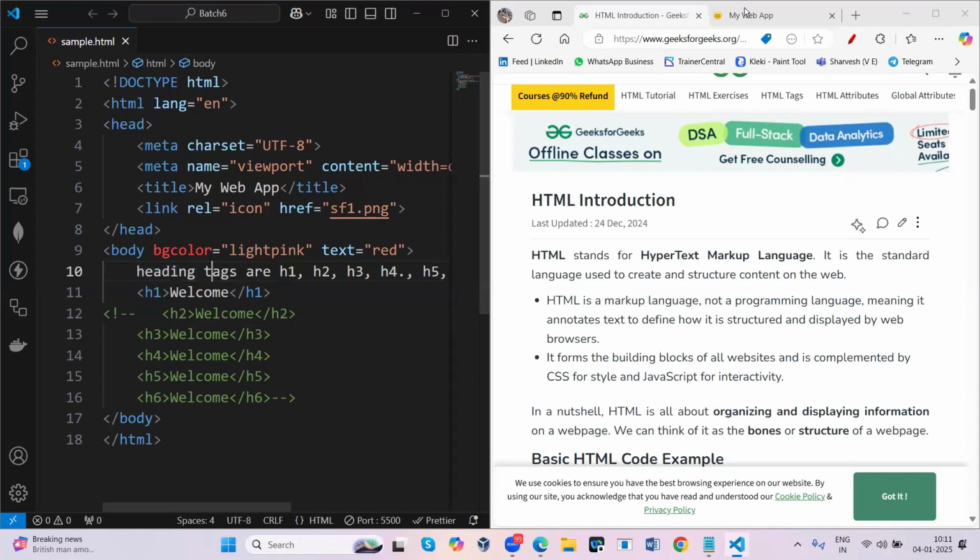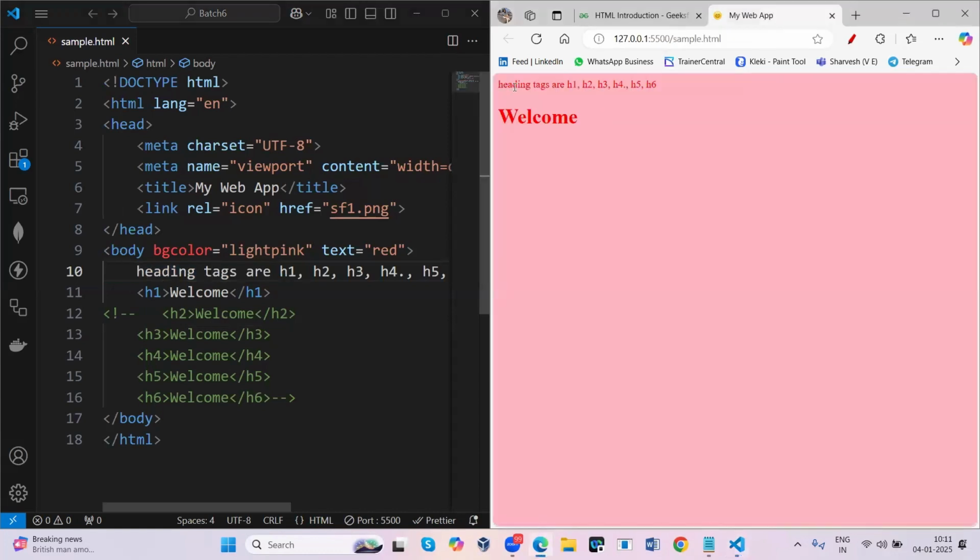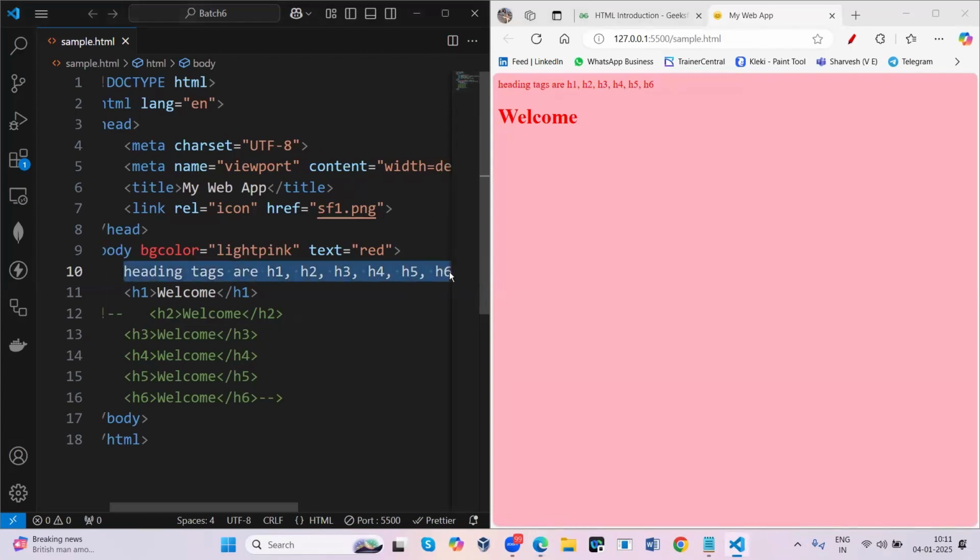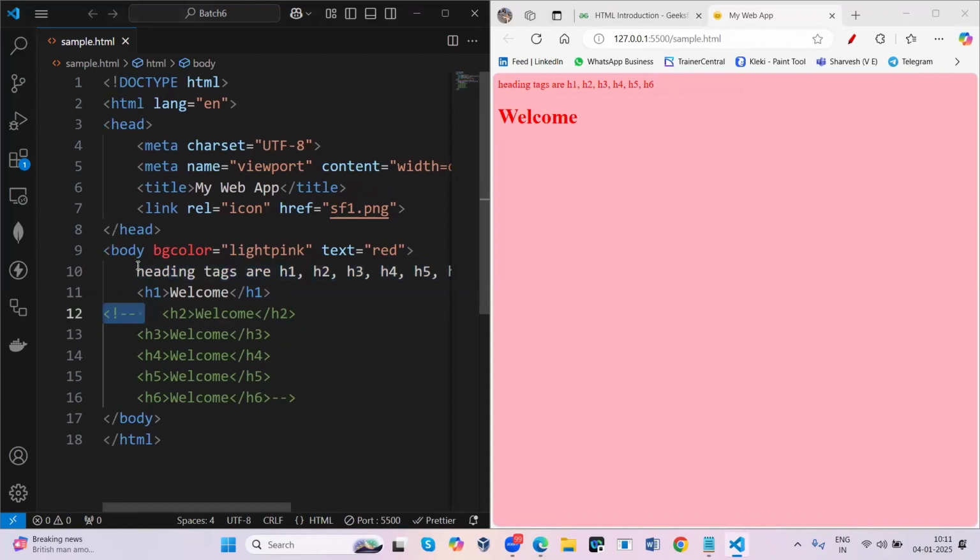But if you keep it like that, you will be able to see that text, and I don't want to show it in my document. It is only for the user's knowledge. So at that time you can hide this content, just by placing the comment symbol. Even for single-line information, you can use these opening and closing symbols and write the content in between.